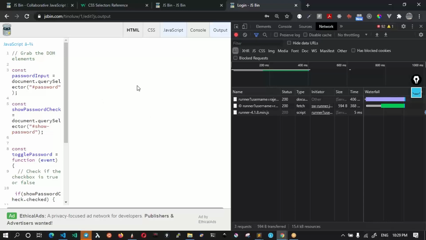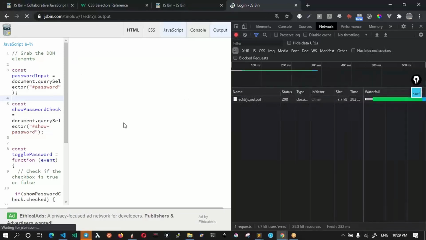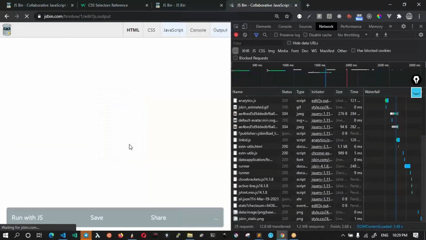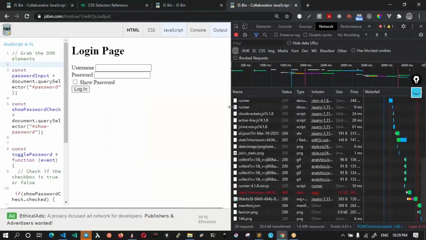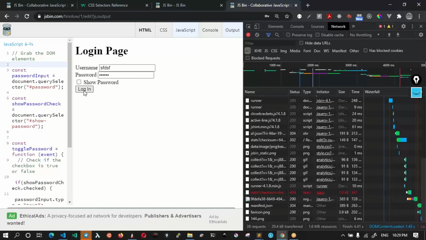Now this is kind of important to note, right? The moment you clicked on the login, the entire page refreshed. You don't want that to happen. What you want is whatever is being keyed in, and when you click on login, you actually want this login to be controlled by the JavaScript, and not by the default form submission that happens.